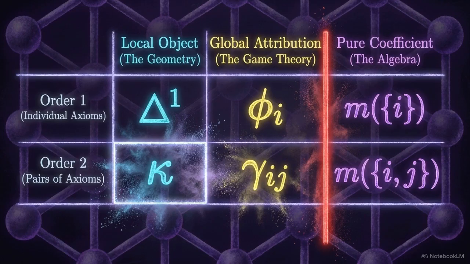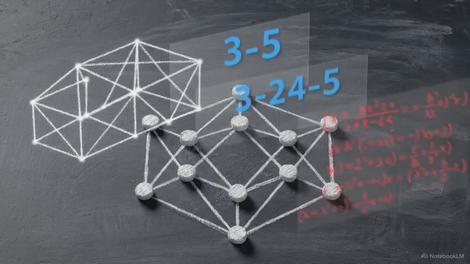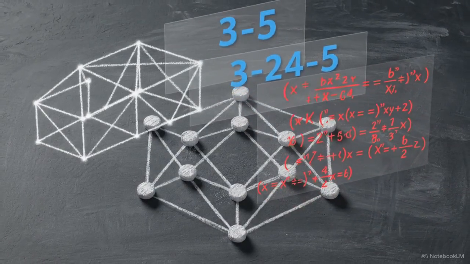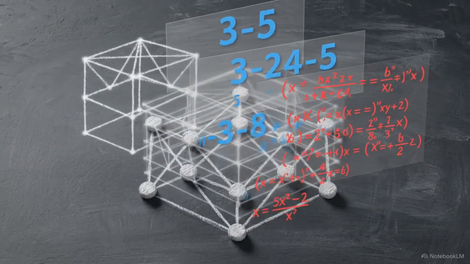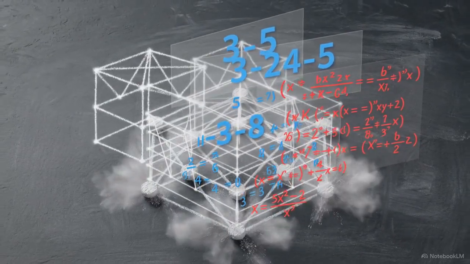Curvature is not the same thing as the pure algebraic interaction coefficient derived from Mobius inversion. Curvature measures local cohomological integrability, meaning it inherently bleeds in higher-order data from the upper regions of the lattice. Mobius inversion, represented in the third column, strips that away to isolate the pure combinatorial algebra of a specific subset. By laying out the productivity field over this cube, a single framework simultaneously resolves questions of logical structure, game-theoretic fairness,